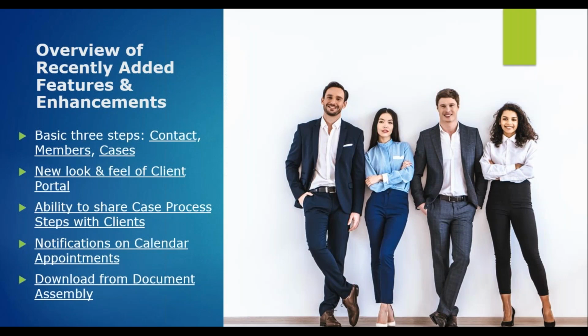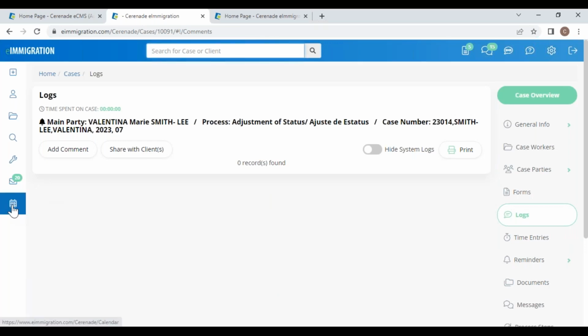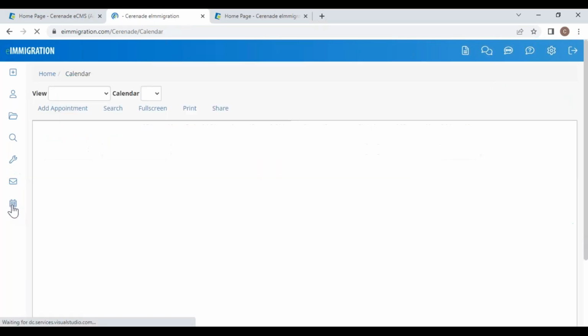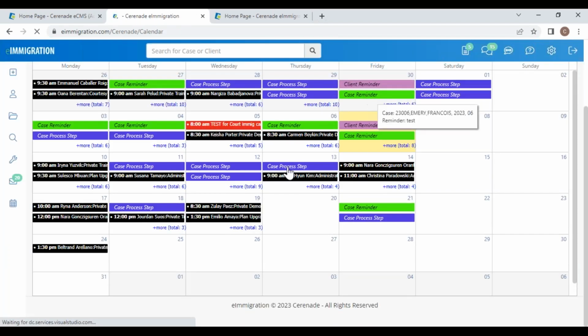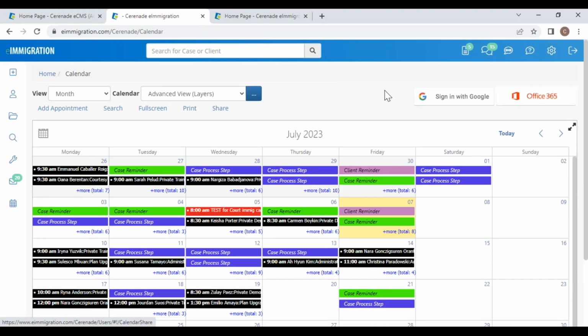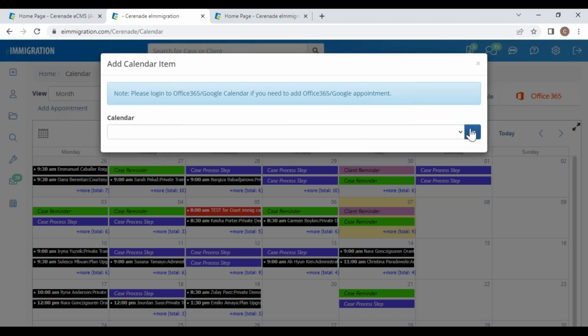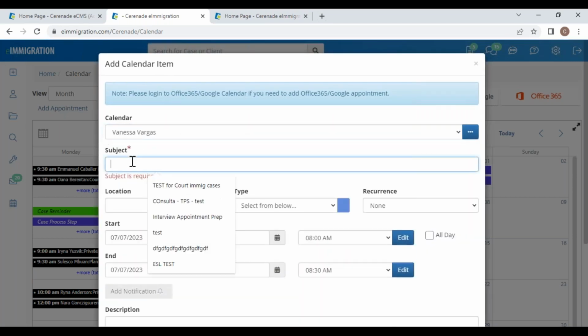So now I'm going to show you the new feature for notifications for the calendar appointments. If you are new and you probably don't know this, but you have a calendar that you can share with your team, you can also even sync with Google Calendar or Office 365 or even Acuity. Well, if you add an appointment with eImmigration's calendar, let me say that this is my calendar and we have